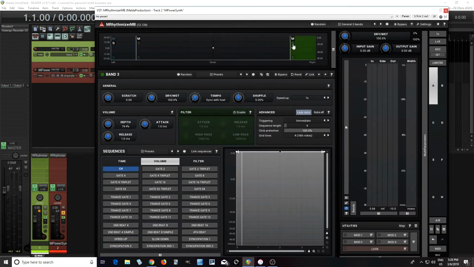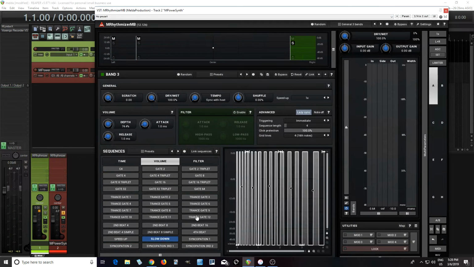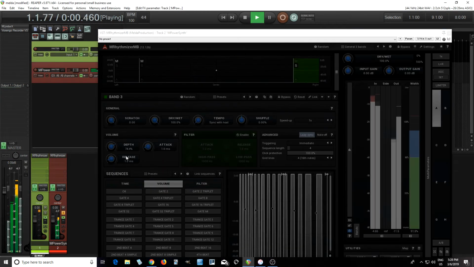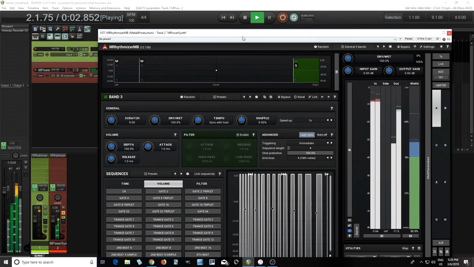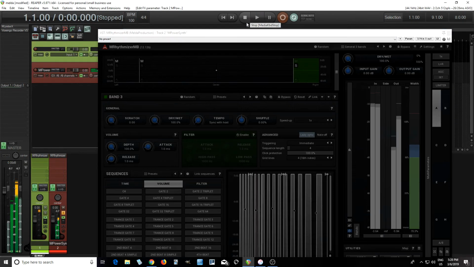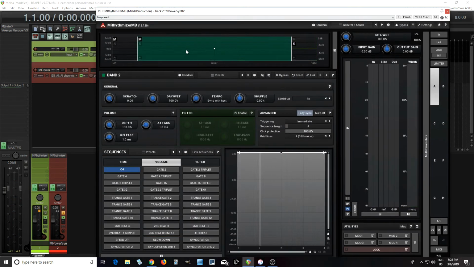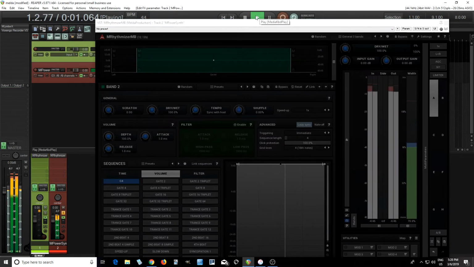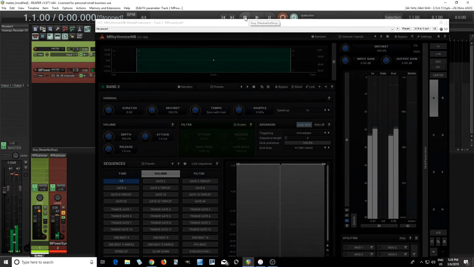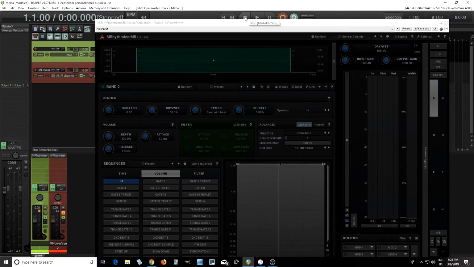Now, let's go to the right band here. Solo that, and let's try slow down. Now, let's take it off. Let's leave the middle one just as it is. Let's hear what it sounds like. So now we got a little bit of movement and rhythmic interest in this pad where there wasn't any before,